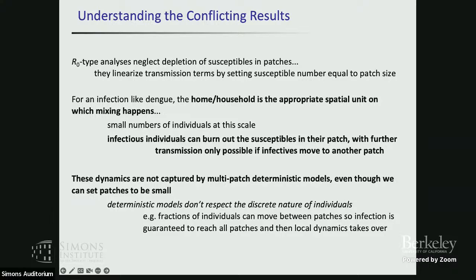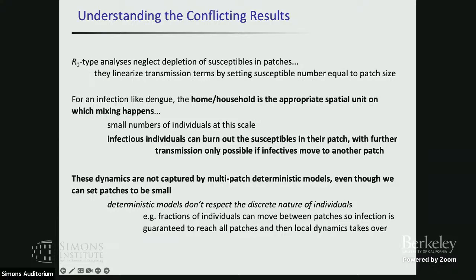And we simply always have small numbers of individuals on that scale. So a house has 2, 3, 5, 10 people. A house doesn't have 1,000, 10,000 people. So the point is, what goes on in this setup is that basically transmission gets to infection gets to a house, you get spread within the house, and then you get spread to the next house.